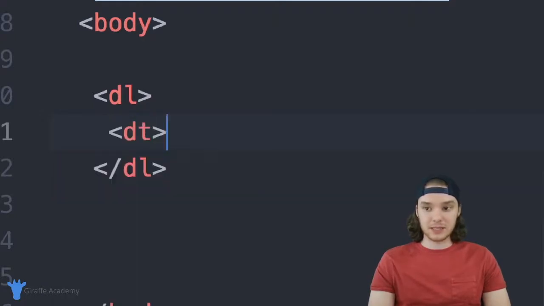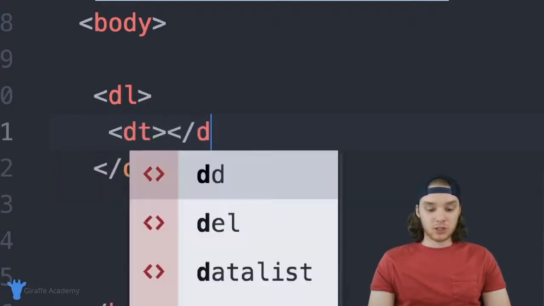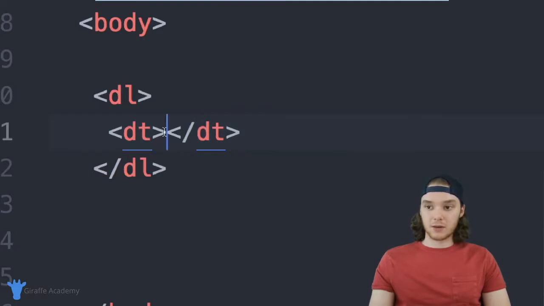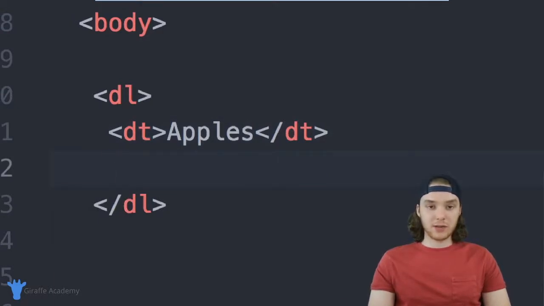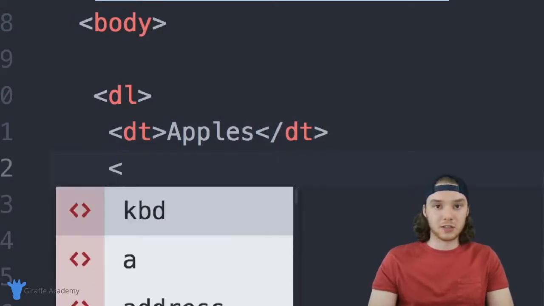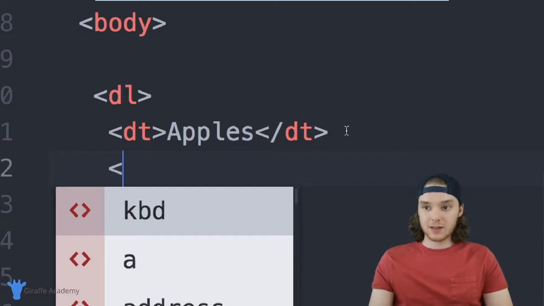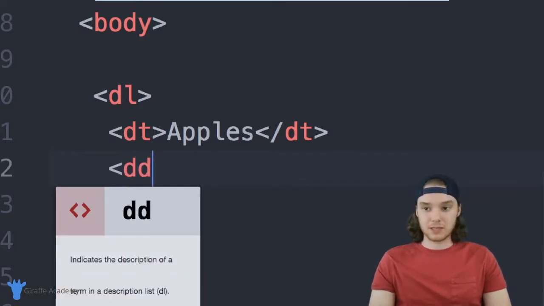So this is going to be DT, and it works just like a list item does. So in here, I could just type apples. And in addition to a description term, we can also give the description term a description. So we can describe the description term. And we're just going to type DD,